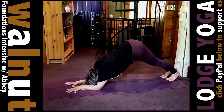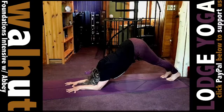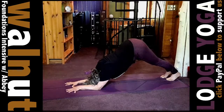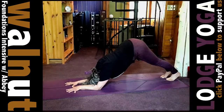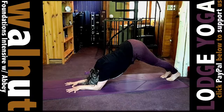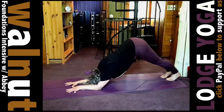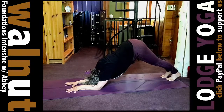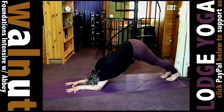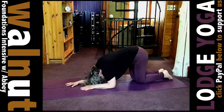The head goes down, the shoulders go towards your waist, and then push, tops of the shoulders to your ears. Release, feel them go down, and push. And release, and push. If we were sitting, we would just be going up and down with our arms. Release, and push away. And release, and push away. Two more. And release, and push away. One more. And release, and push away. Knees come down, and then just sit back